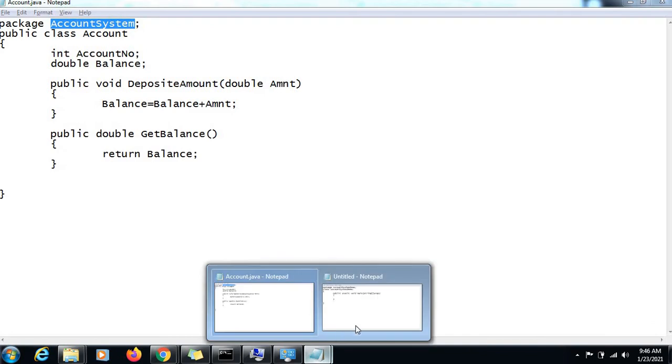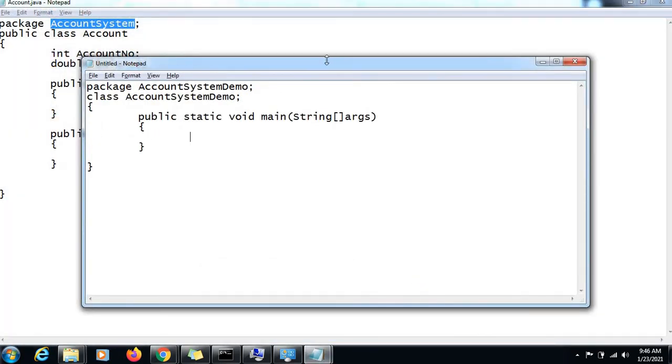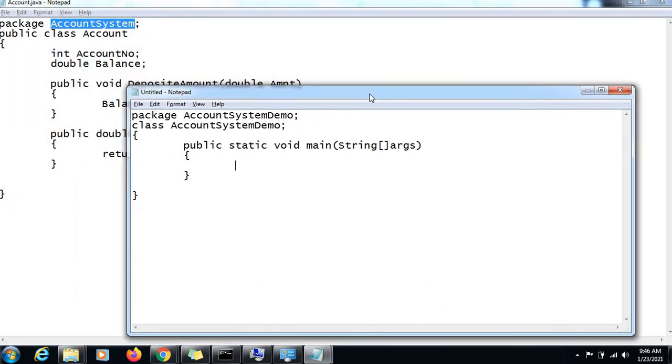Right, now when I want to access this class here, I cannot just put a direct reference to the class. Like I just cannot say Account act1 equal to new Account. Why is it so? Because this class where I am making a reference is in a different package.